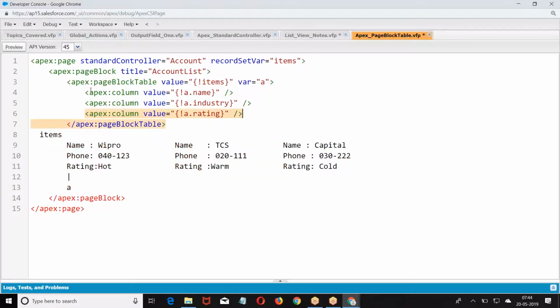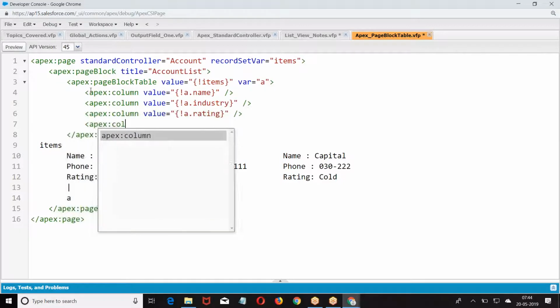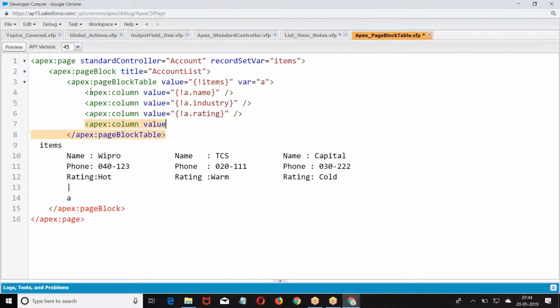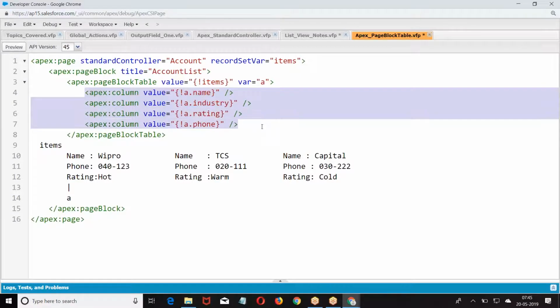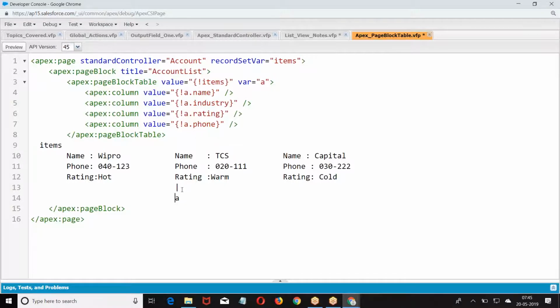A means what? First account. Value equal to this. So when you say this, A dot name Wipro, phone 040123, A dot rating hot, all of them are completed. Then move the A to the next, A dot name, A dot phone, A dot rating.